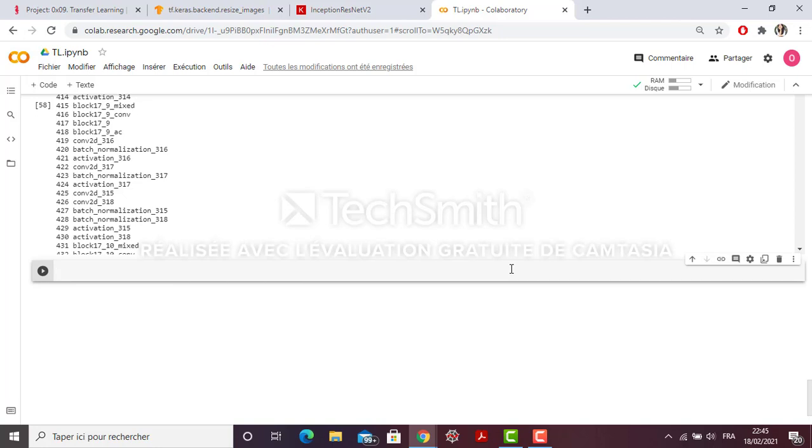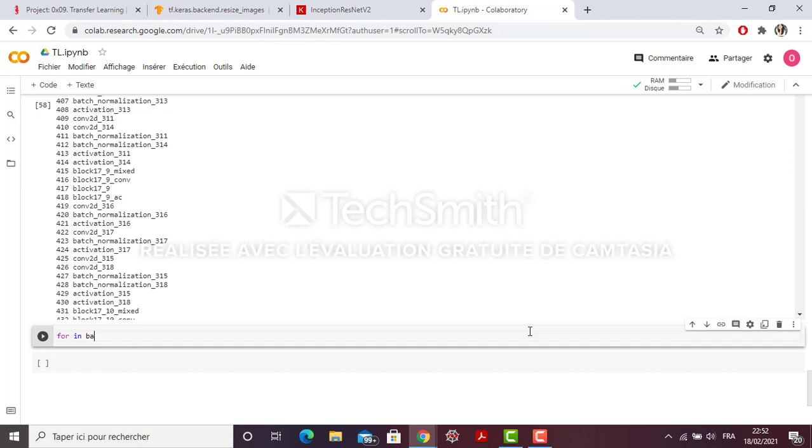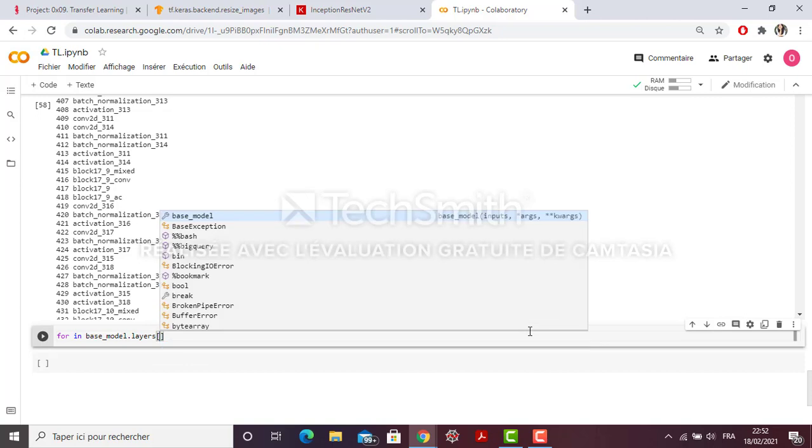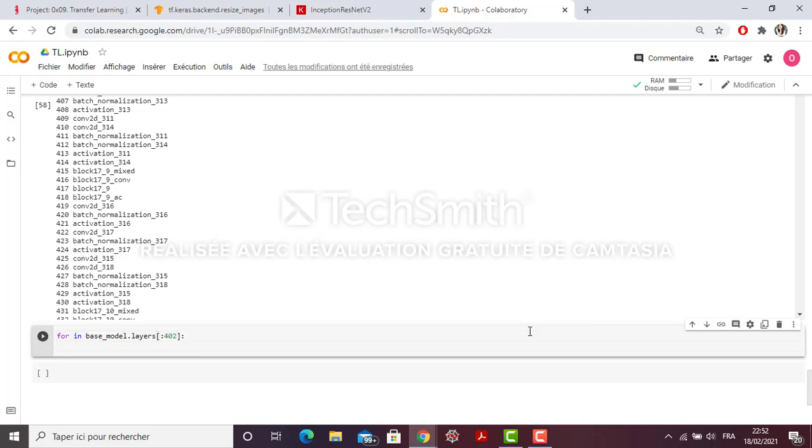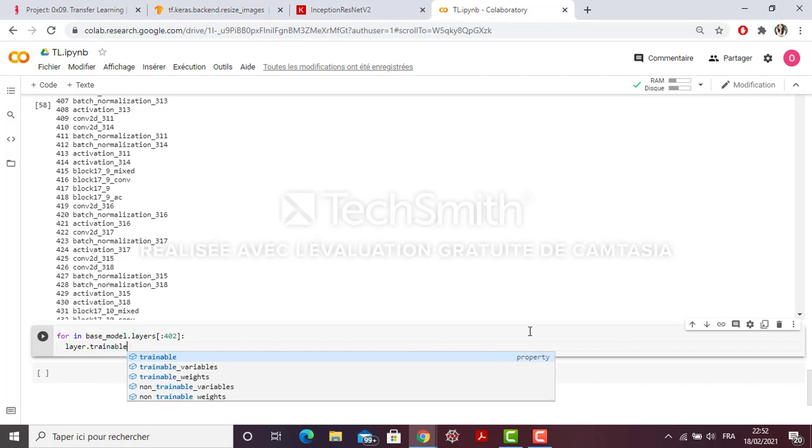Okay, now we freeze the layers before this number of layer that we choose. Okay, so I'm going to loop over the layers, from all the layers until 402. So all these I'm going to freeze them. layer.trainable equals false.